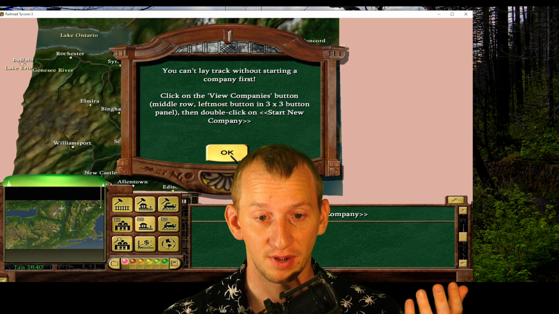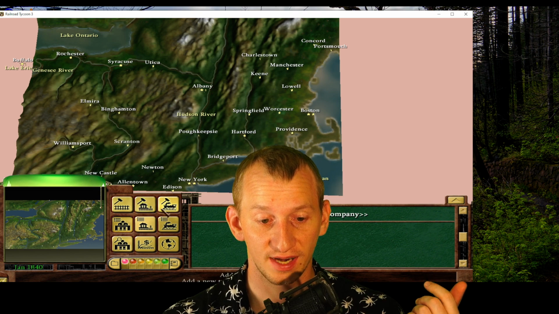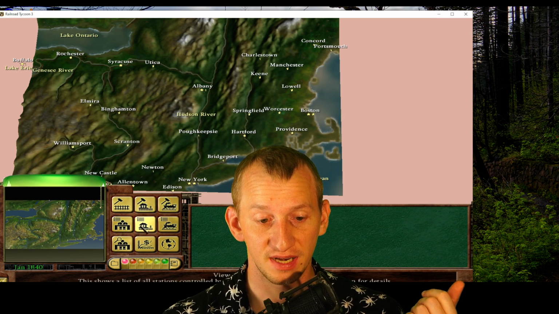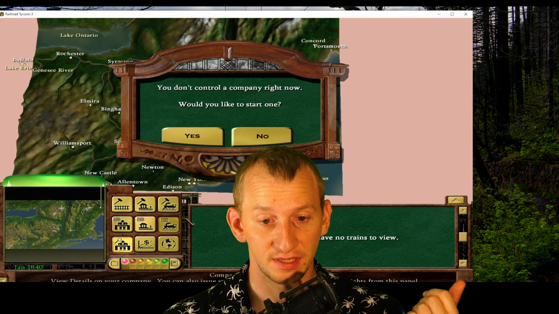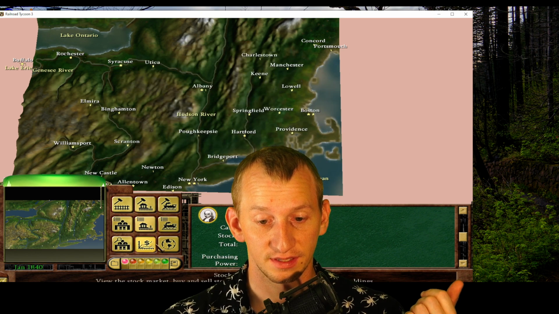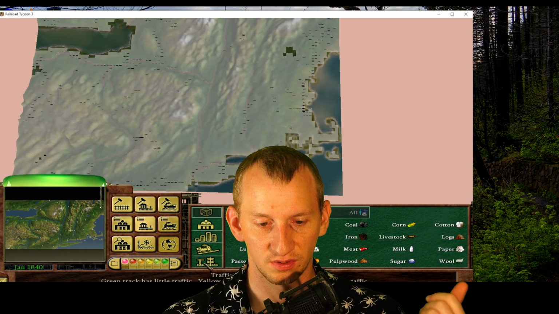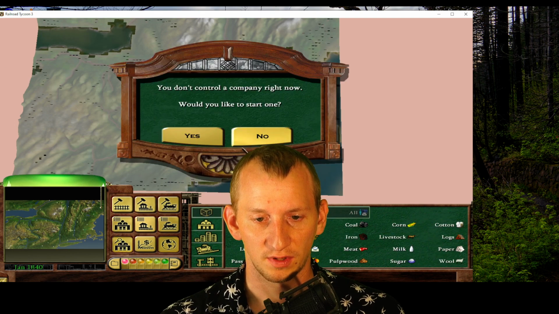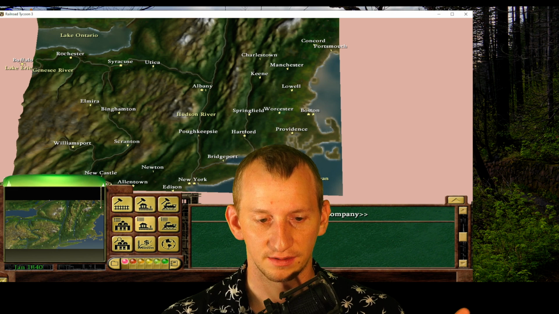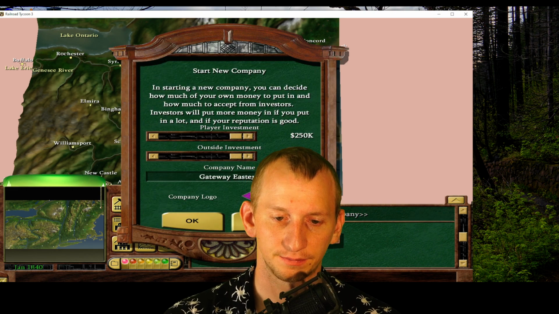We have 9 buttons here: lay track, build stations, add trains, view companies, view stations, view trains, company details, the stock market, and the overview mode of materials, and some other things too, like traffic. I haven't really used that one ever. So let's start our company right here. Start our company. We're going to name it